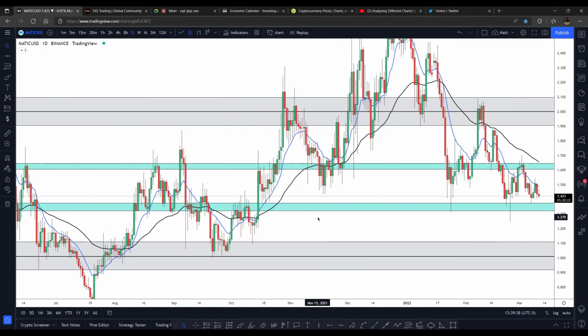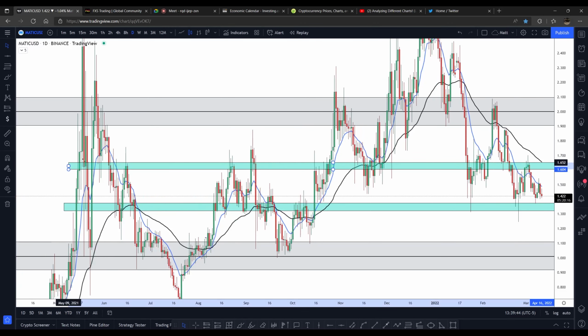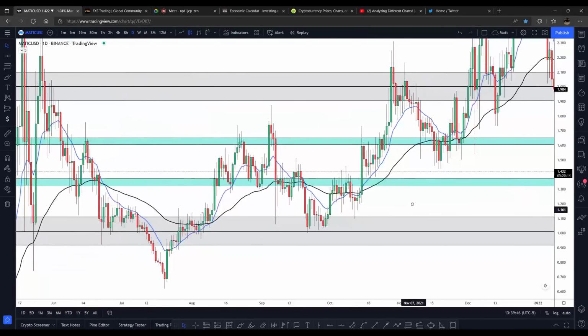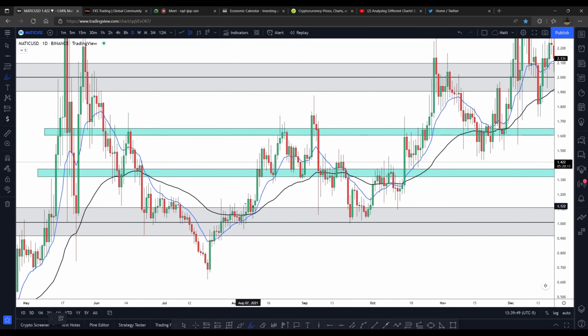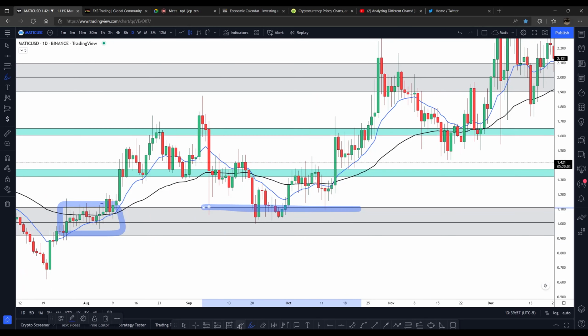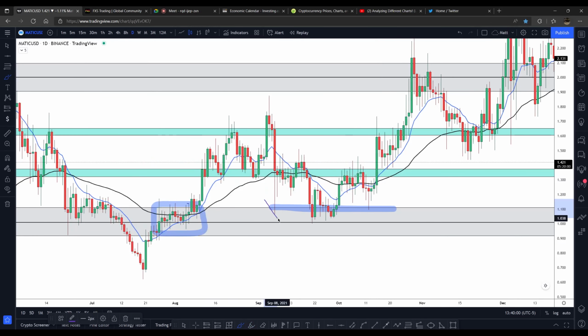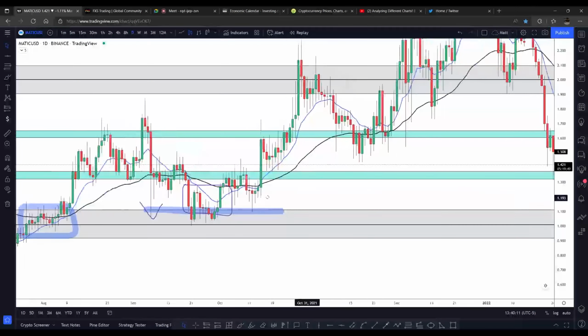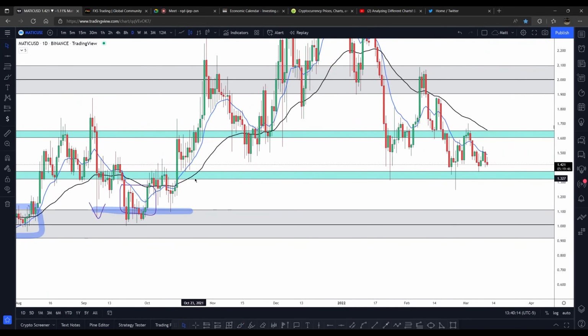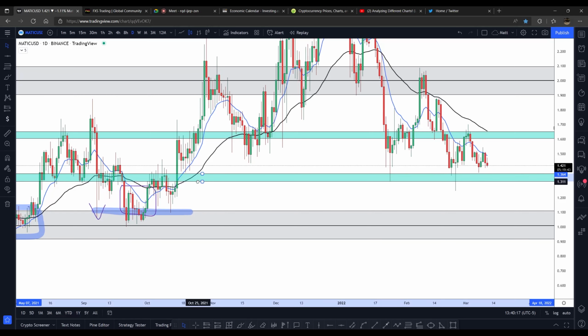But in any case, if we break down what exactly happened when the price action approached these daily zones, remember we were discussing the one that we had over here where the price action was ranging. Well, we technically have one over here, although it's not drawn at the moment, where we can see that this is where the price action wicked down, tested it, wicked down again. It consolidated a bit. So this would have been a consolidation between this zone and the upper one over here. And if you want to refine it a little bit,